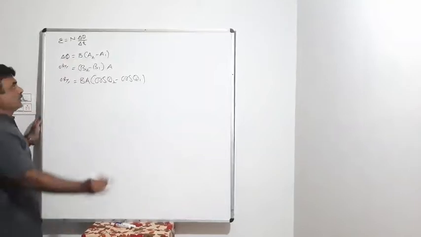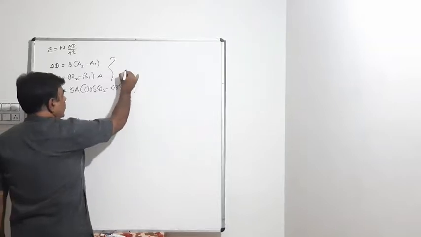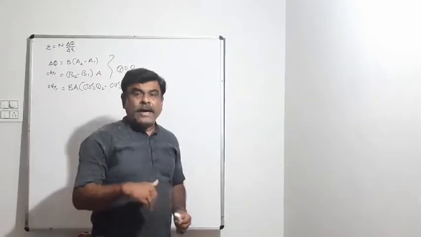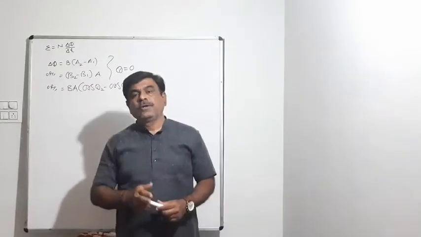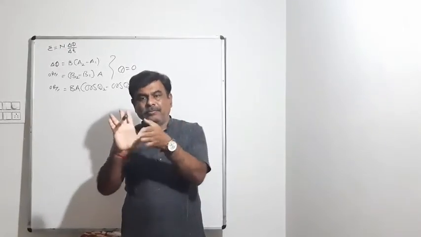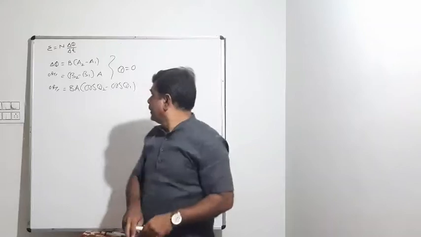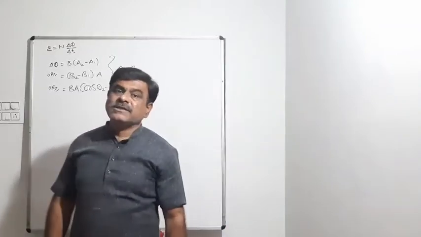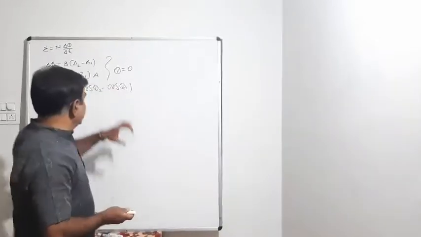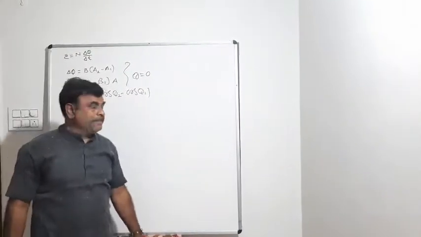Look, when to apply which. In the first and second conditions, we have taken theta equal to 0. How will we word theta equal to 0? Remember, the plane of the loop is perpendicular to the magnetic field, like this is the magnetic field and the plane of the loop is perpendicular to it. So the area vector is parallel to the magnetic field. Because in the equation of flux, phi is equal to BA cos theta, where theta represents the angle between the area vector and the magnetic field. So in the first and second, this is the condition when the plane of the loop is perpendicular to the magnetic field.